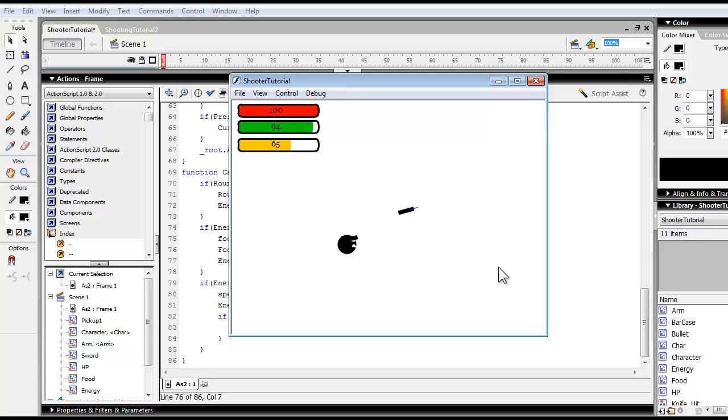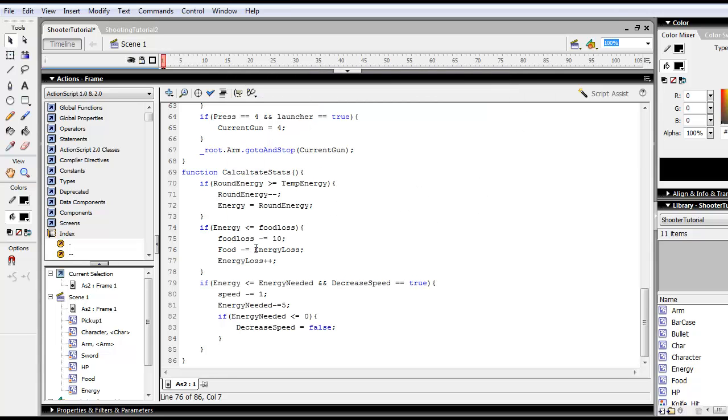There. Look how the food goes down as well, while the energy goes down. And it goes down even more. The less energy you have, the more it goes down. And then you get really slow once your energy's down. And you die once your food's down. Maybe make it slightly less harsh. Like energy loss plus equal. No, like that. But also we'll have to reset it when it gains, so else if